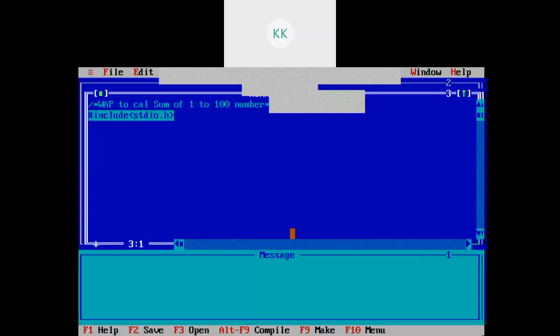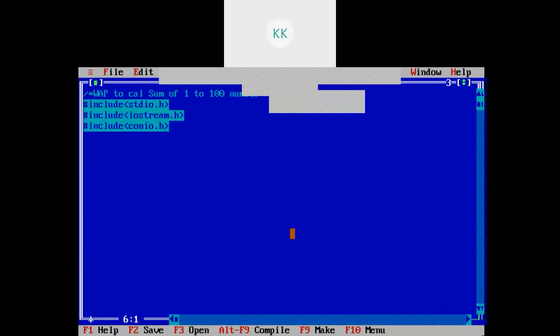For cin and cout, we need to write iostream.h. Again, we will be using clear screen and getch, which are included in the file conio.h. So these three files we have included.